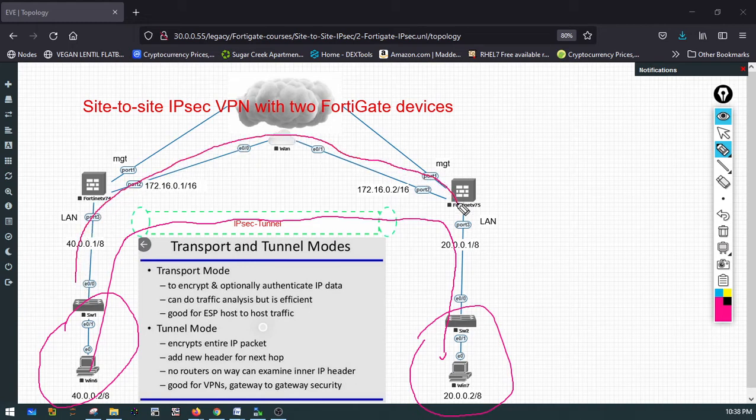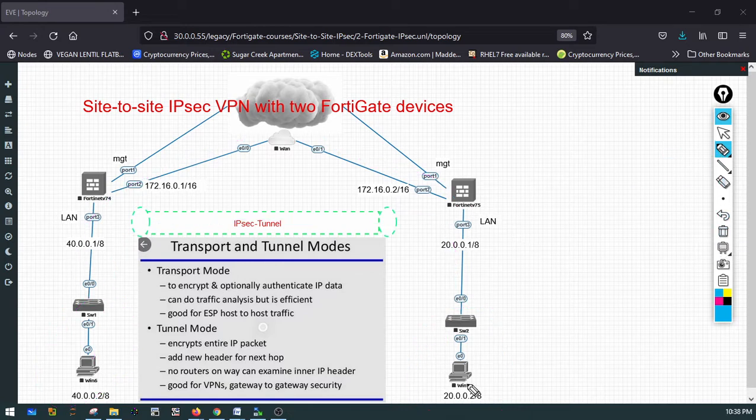So this is the WAN. So instead of traffic going to the WAN, we'll make traffic go to